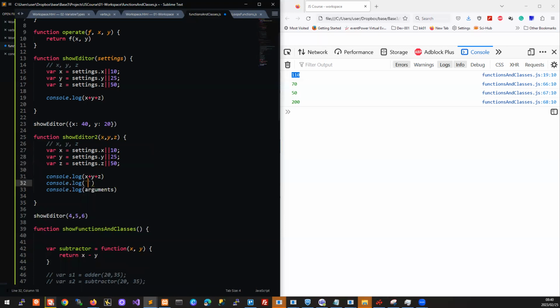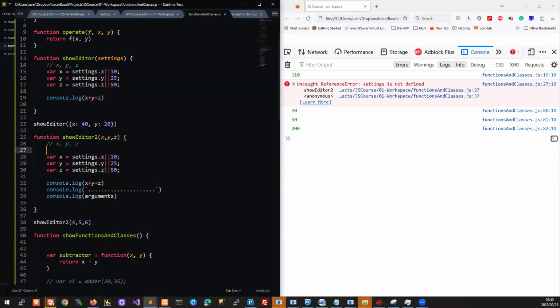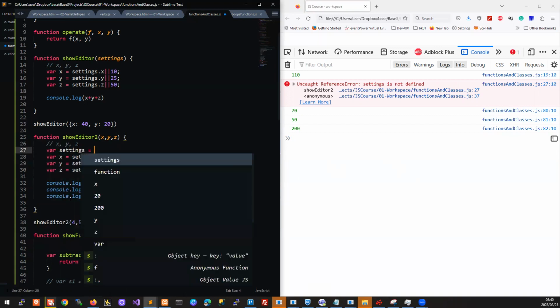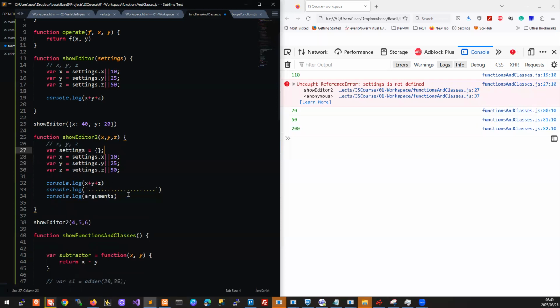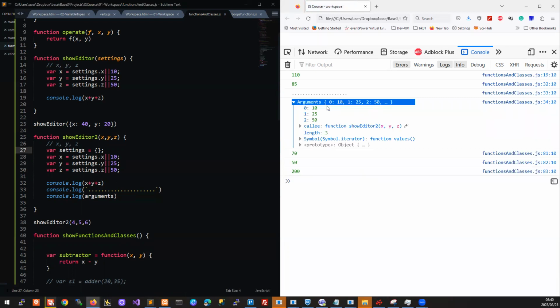Console.log. So if I log my arguments, okay, I didn't invoke show editor 2. So let's invoke show editor 2. If I invoke that, number one, it's looking for settings, which is not set. So let's just create settings here. I'm just going to say var settings equals an empty object, and then it will substitute the defaults. So here you see you can get an arguments object, and arguments, number one,